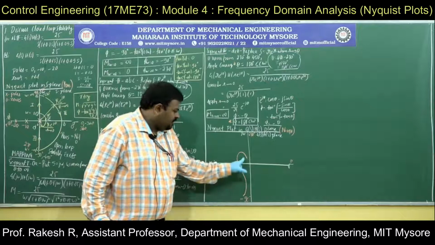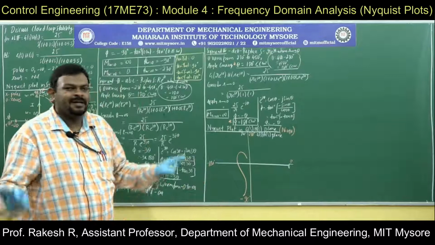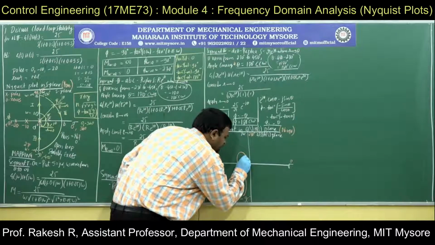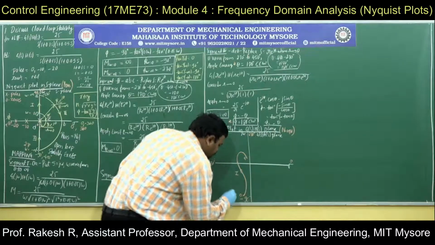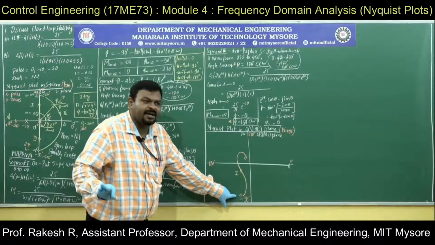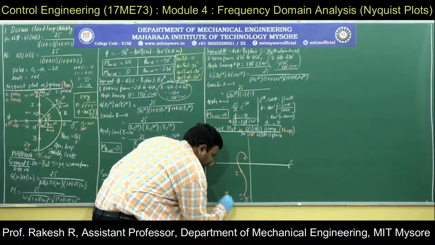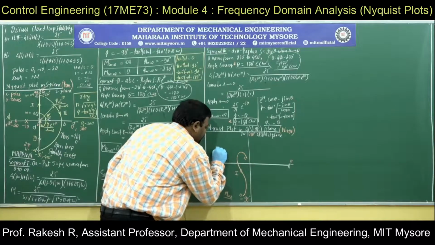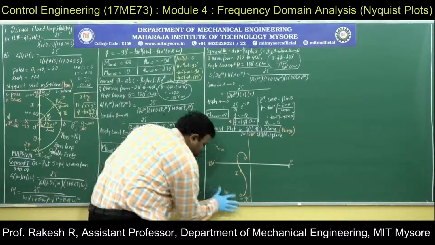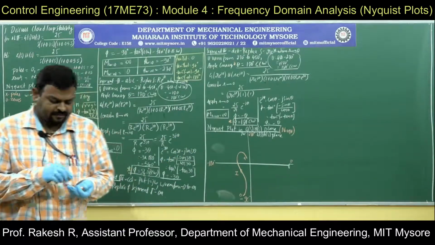Practically speaking, it should end at 0, but since there is a pole at the origin, we need not disturb the devils. Hence, I will stop somewhere here. This is OA and this is segment 1. Here, don't locate omega, you will get confused. Locate the magnitude. Magnitude at omega equal to 0, and here, magnitude at omega equal to infinity. Usually, I won't write these two steps because segment 1 is correct only.